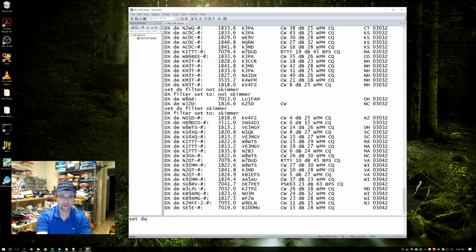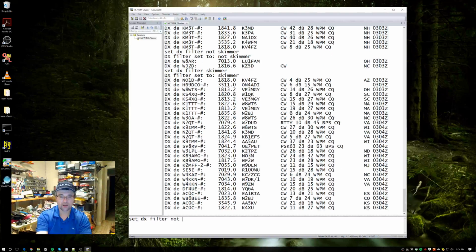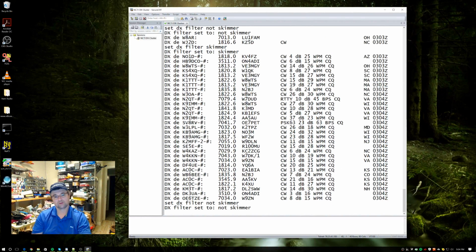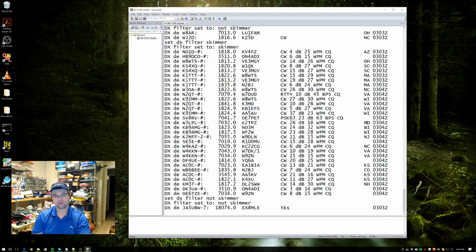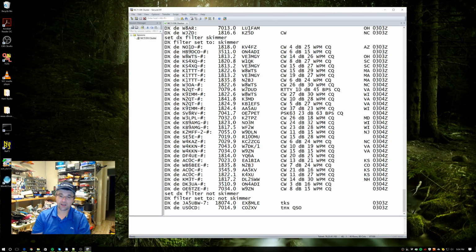So, set DX filter not skimmer. Okay, so now human spots. And if I sit here and babble for long enough, you're going to start seeing some human spots come in. There we go. There's a JA5 that just spotted